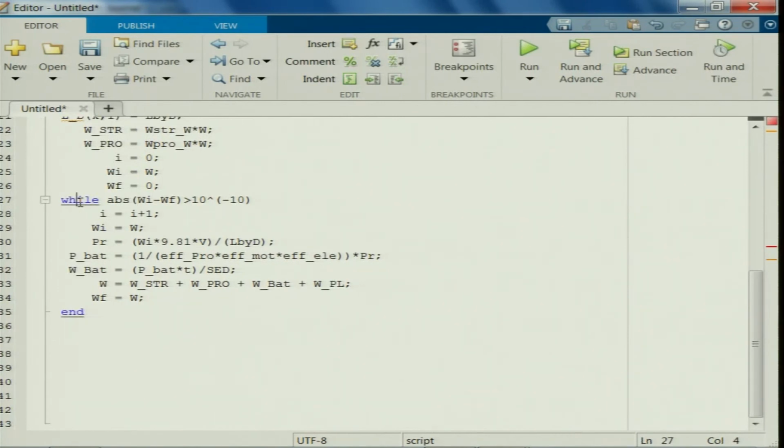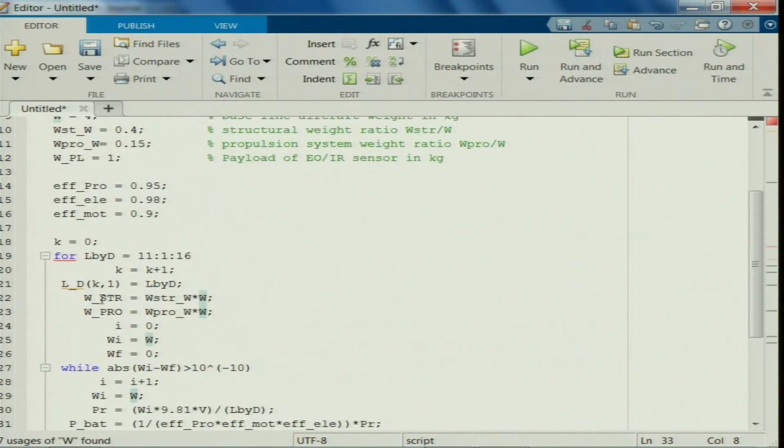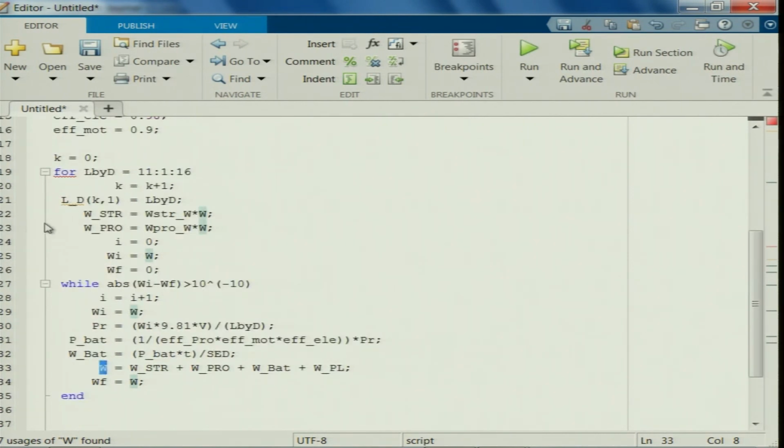So, this will end this first while loop, right. And now, since the weight is increased, the structure weight as well as propulsion weight need to be upgraded. Earlier these structural weight and propulsion weight, since the battery weight is increased, the total weight also increased. But these two at line 22 and 23, the structural weight and propulsion weight we considered, is from the weight of the baseline UAV, not the current upgraded UAV, right. So, once this iteration completes, then we will try to upgrade this and again repeat the same procedure to find out the total change in the weight of the battery, thereby finding out the overall weight of the UAV.